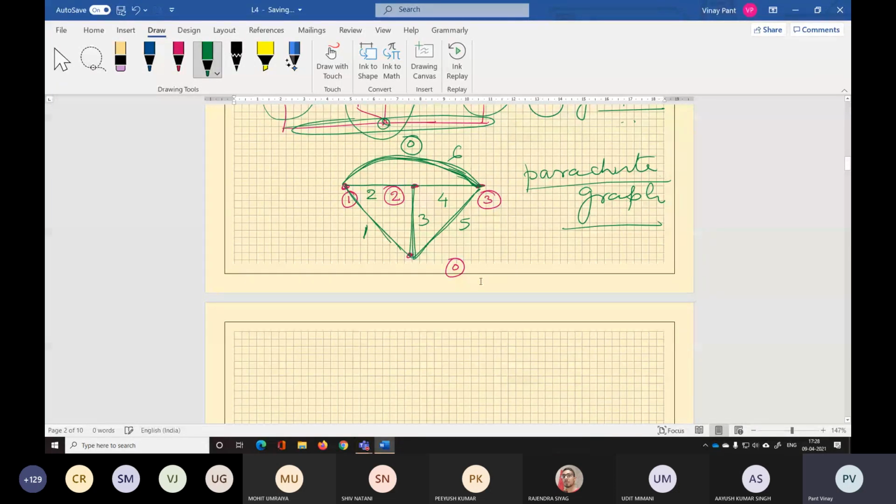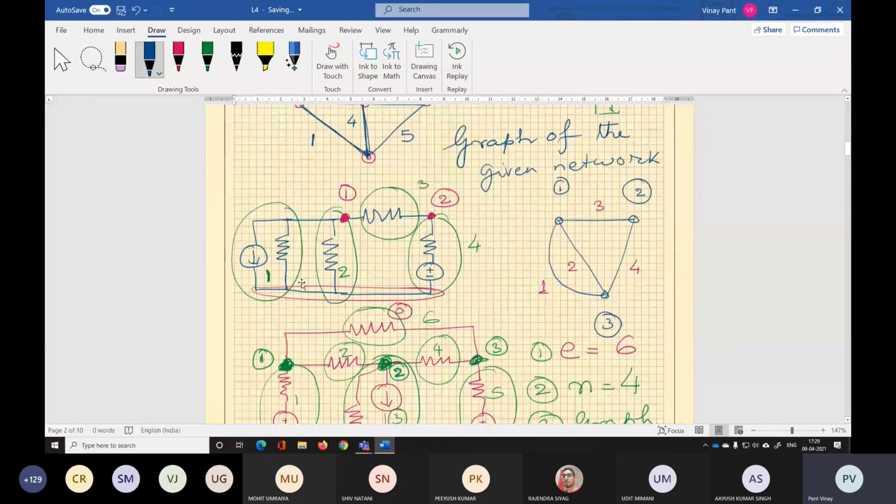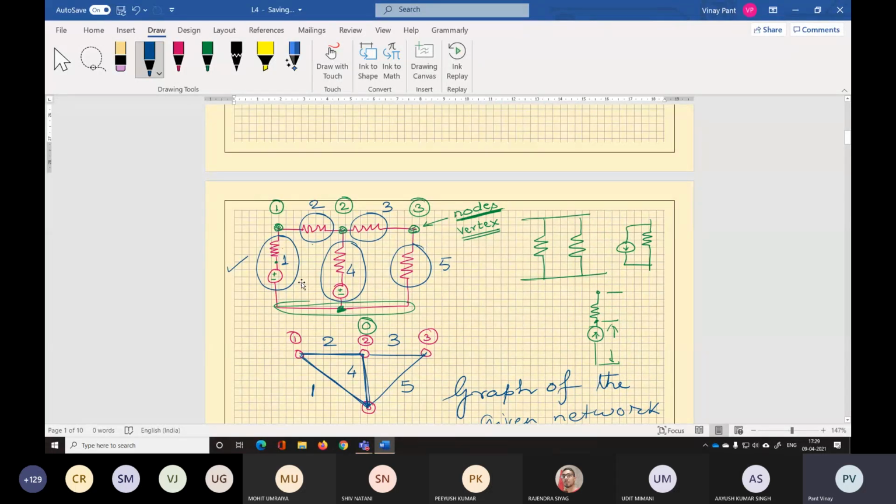Definition of graph. The graphs that we have shown till now are called undirected graphs. All the graphs that I have drawn till now are undirected graphs because their edges or branches do not have any direction. Directionless graph, undirected graph. But for circuit analysis, we will need a directed graph.